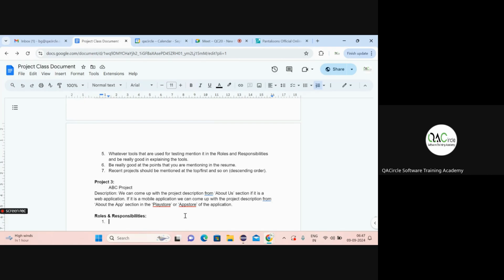Based on the walkthrough or my understanding, I'll try to understand what exactly the requirement document says, and proceed further. So the first point in my roles and responsibilities would be understanding the requirement,